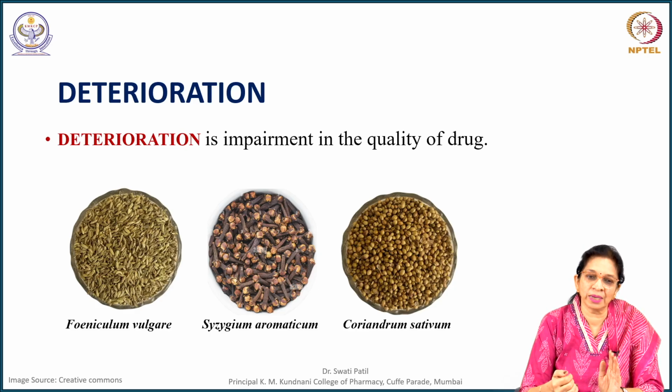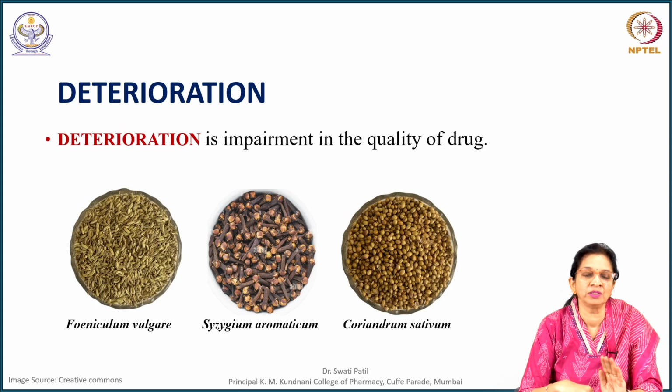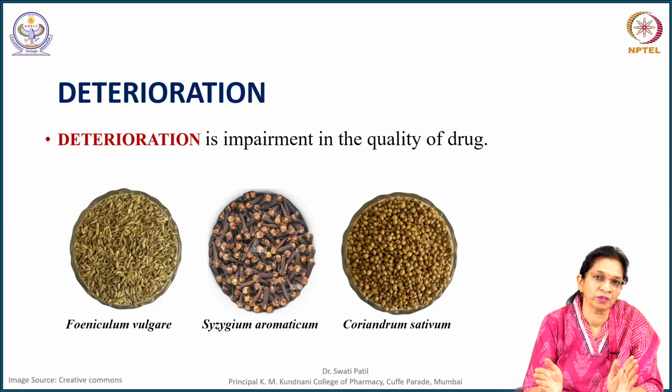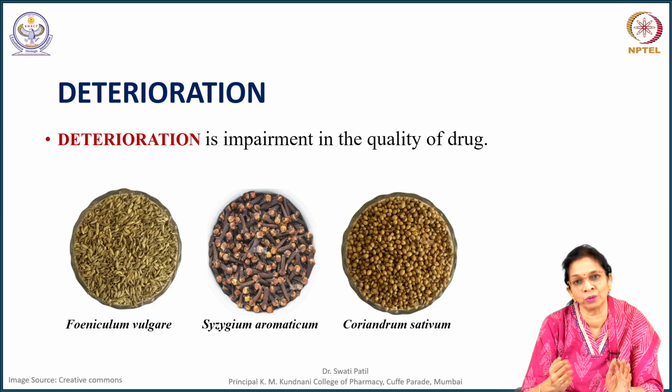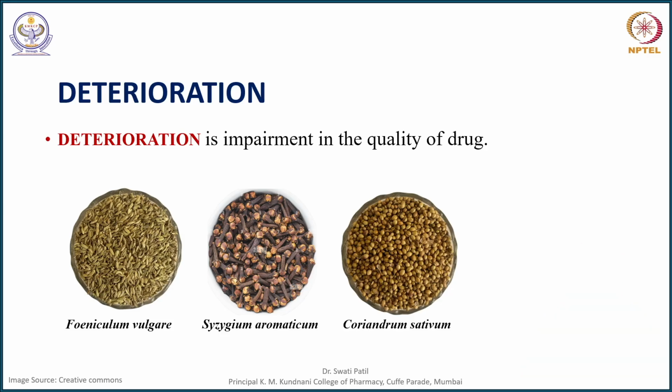quality. Syzygium aromaticum, while processing and collecting, if the clove flower bud is allowed to open, then also the volatile oil is lost. So, when these drugs are stored for a long period of time at high temperatures in the storehouse, warehouse or during the supply chain, if the temperature goes a little high, then the volatile oil is lost and these drugs may not have the required therapeutic effect.